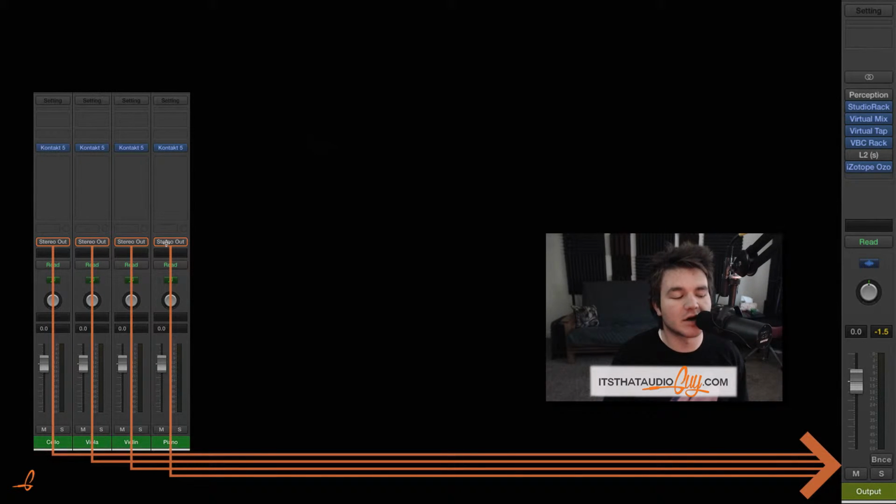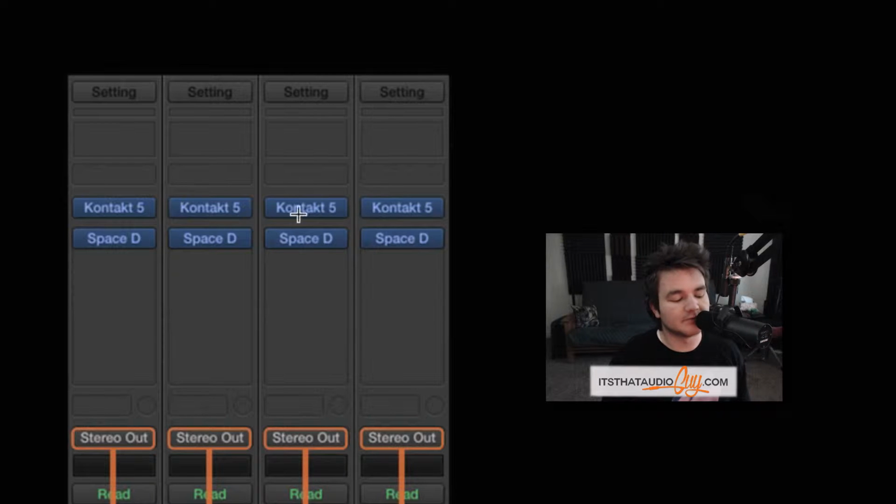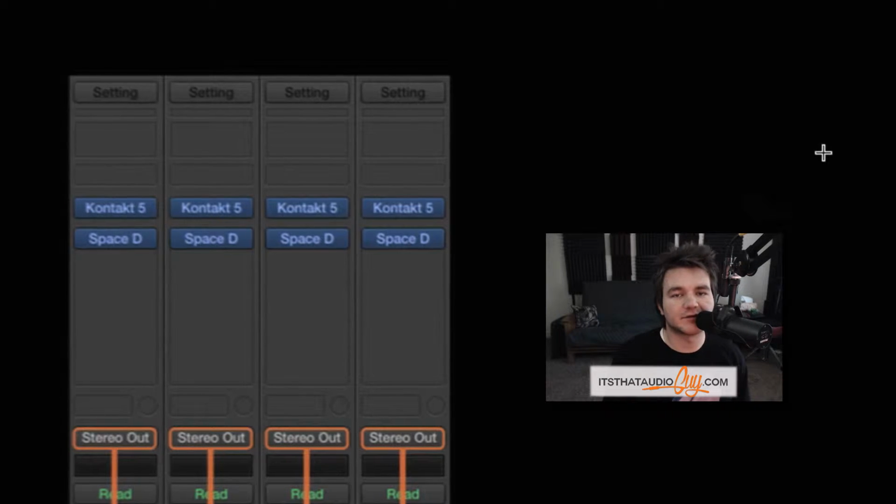So we're using Logic tracks right now, and these are being routed to our stereo out. Now let's pretend that we want to put a reverb on these tracks. So we throw on a reverb, and we put this Logic Space Designer because we want all of them to have the same kind of atmosphere. But over time, that will start to wear on your CPU because reverb takes up a lot of CPU